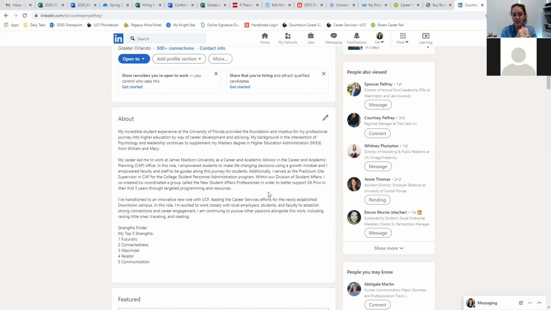The other thing you can list here in this about section is a sentence or two about what you like to do outside of work. So, outside of my professional career, I'm really interested in traveling personally, or learning another language, or spending time with my family. This, again, is a good way for readers to get to know you outside of this candidate role that we're always talking about. It's a little bit more personal and conversational and friendly, and you get to decide what kind of story you are telling about yourself. So I would definitely encourage you to spend some time really building out that about section,